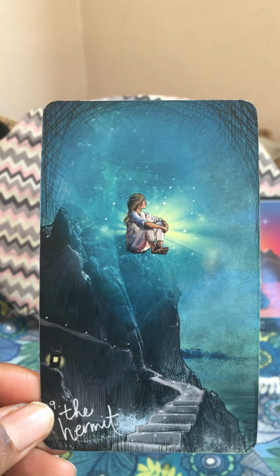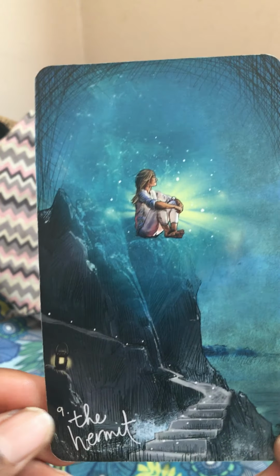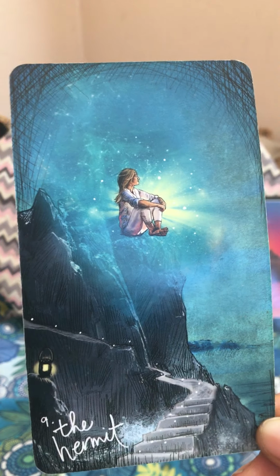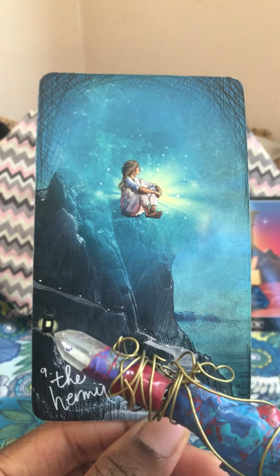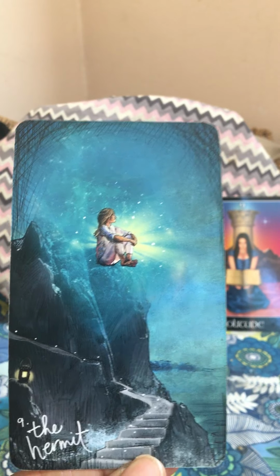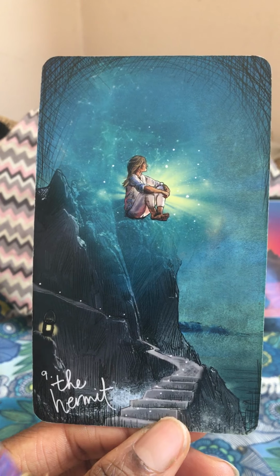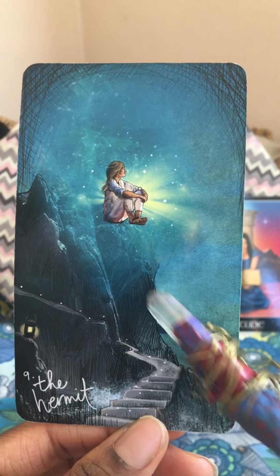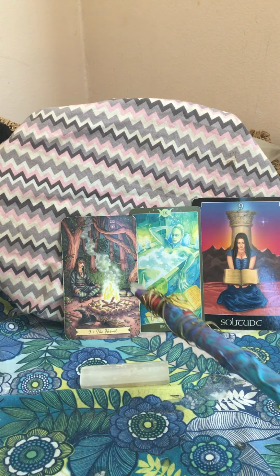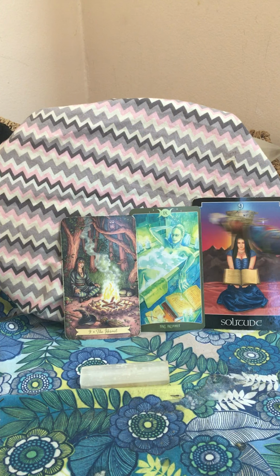This is the Hermit from the Light Seers Tarot. Beautiful depiction. As you can see, she's on this hill, somewhere where there's not a lot of people around. And you're also going to notice this lantern over here in the traditional, or the Rider-Waite deck. It's an old man who is holding a lantern. He has a cloak on. The lantern is a symbol of illumination, going within to see things that you had not previously seen before. So here, there's no lantern, but there's a fire brewing. Over here, there are candles, and in the background, there's a little bit of illumination, not depicted as much